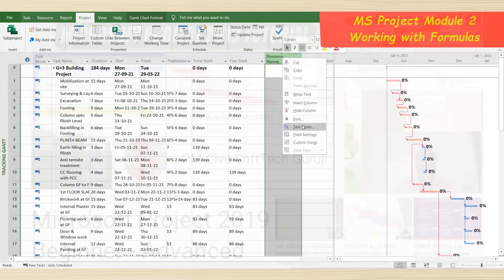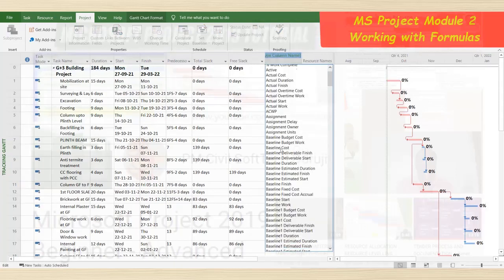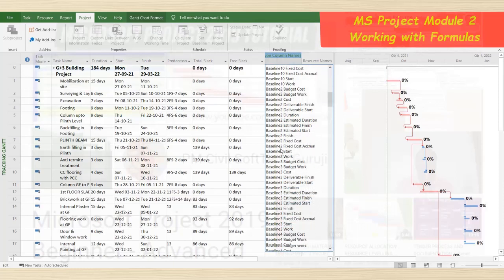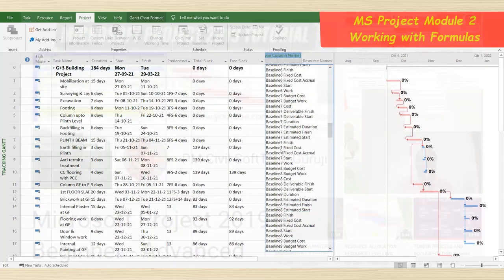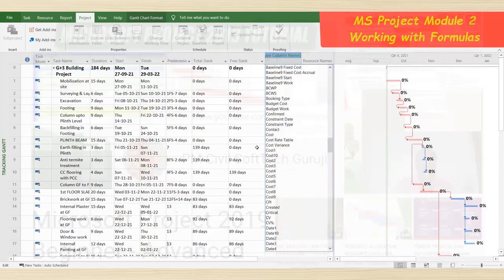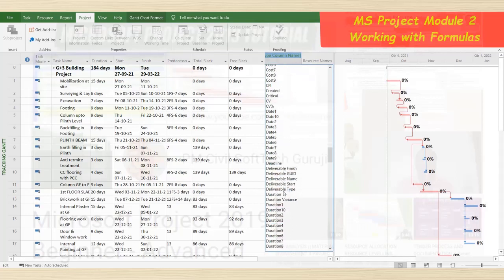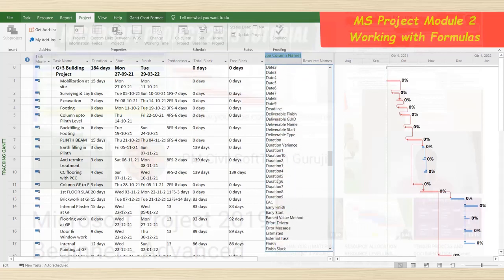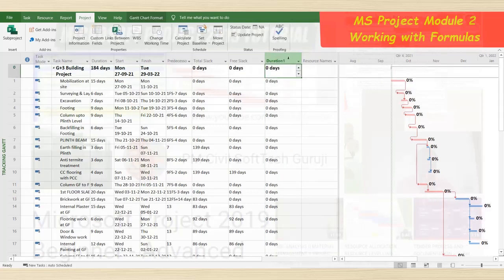So here, insert a column and take Duration. Duration 1, Duration 2, because in this list interfering slack is not available. So you take Duration 1.